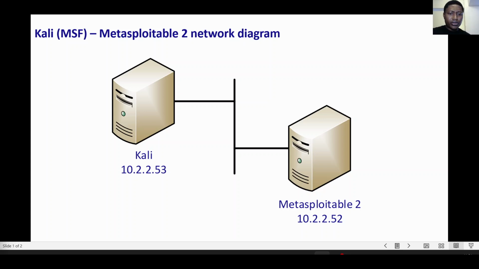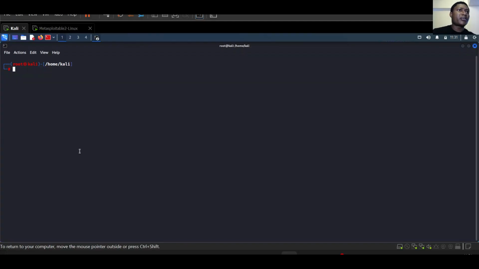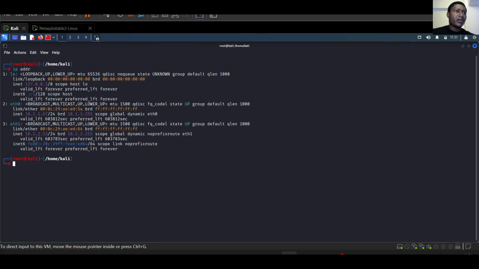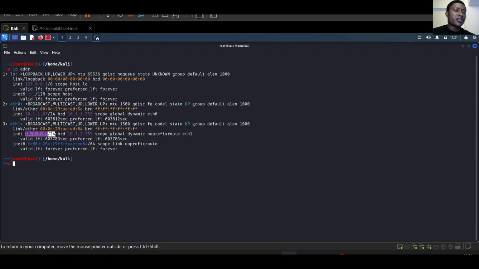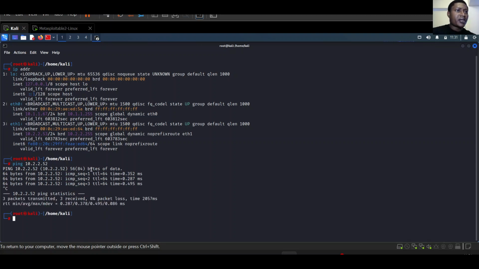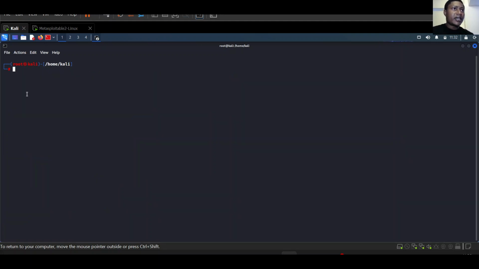So first thing we're going to do is test for reachability. So I'm on Kali here. I have a dual home setup with 2 IP addresses, but we'll be using the 10.2.2.53 Eth1. So let's see if we can reach our target, which is 10.2.2.52, and you can see that the pings are replying. So let's clear that, and then next we're going to do a scan, but because that could take a